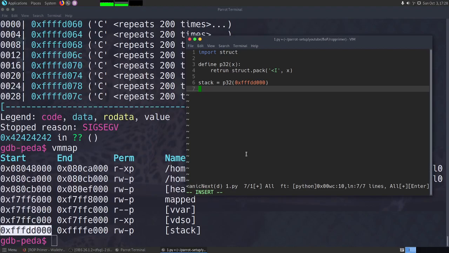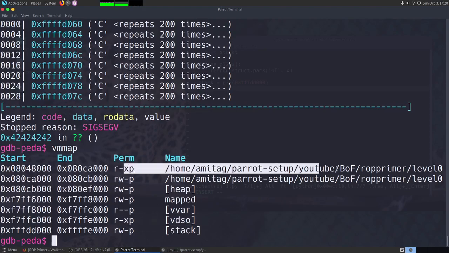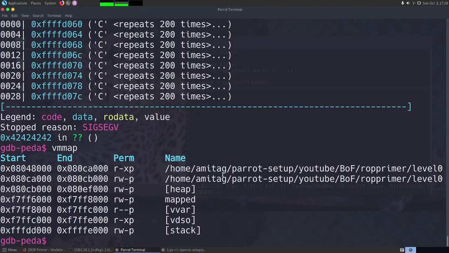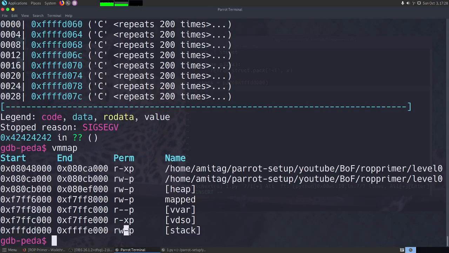The restriction is that we are not able to execute from the stack, right? So when you look at the vmmap, you can see that VDSO can execute from the memory location, and this program can execute from memory location, but stack is not marked for execute.